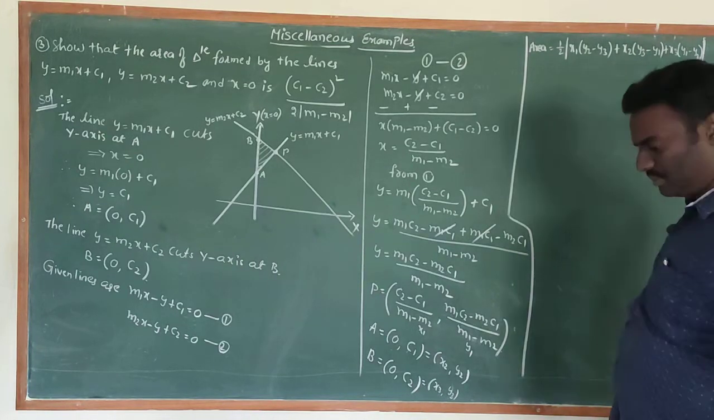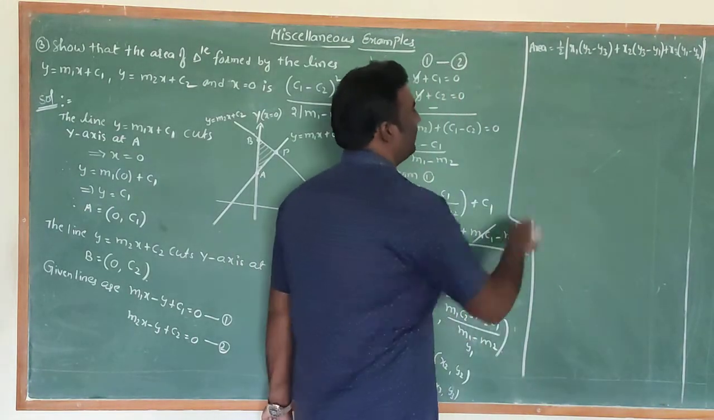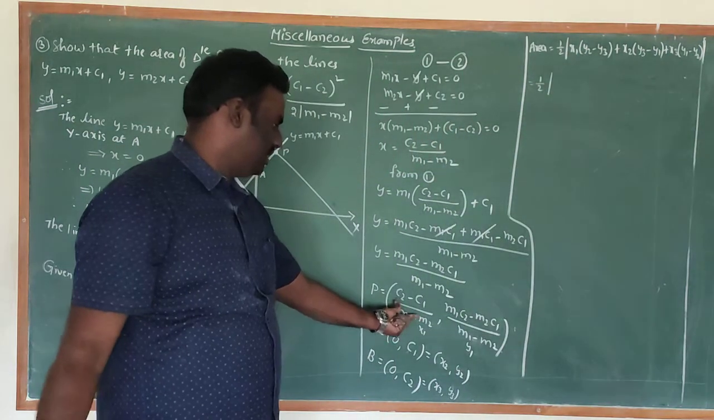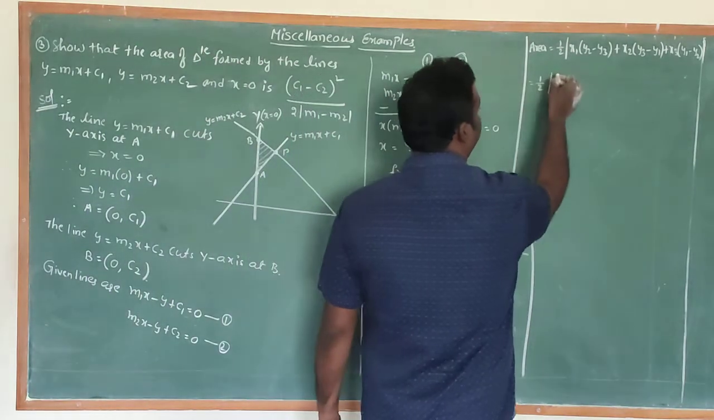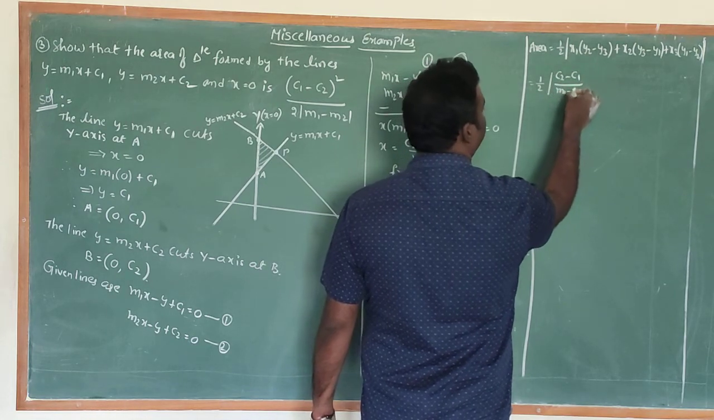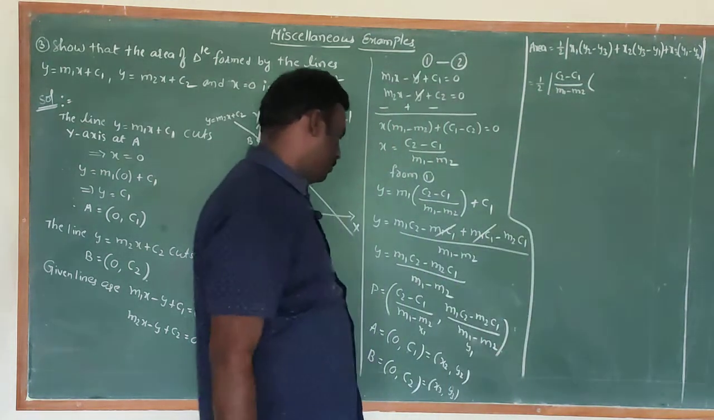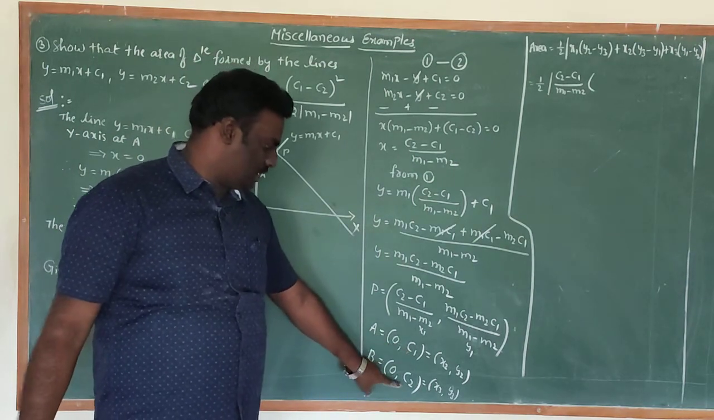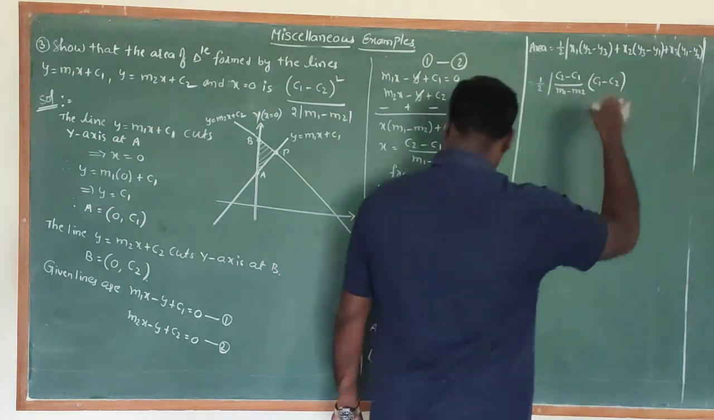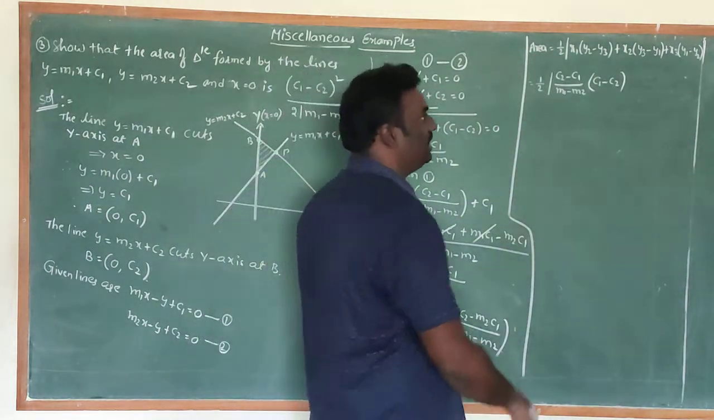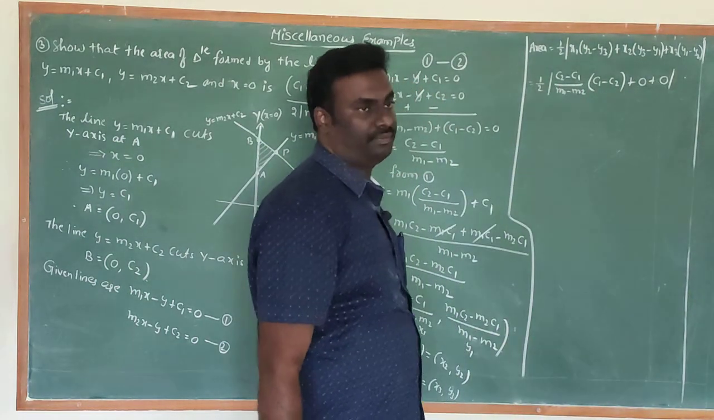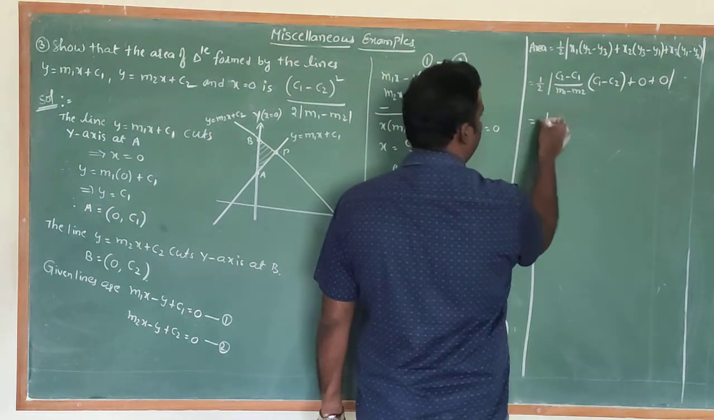This is the formula for area of triangle, that equals half modulus of x1, which means this one, (c2 minus c1) by (m1 minus m2), into (y2 minus y3), where y2 is c1 and y3 is c2, plus x2 is 0 into anything is 0, plus x3 is 0 into anything is 0. That's why you can get 1 by 2 into